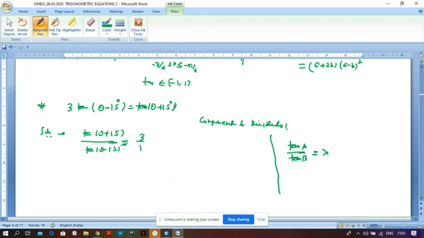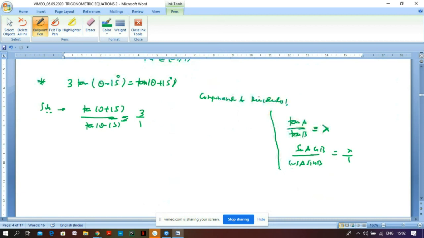So don't make it ugly here because you will have so many terms. So focus on A and B. Here theta plus 15 is A. There may be some bigger thing. So tan A by tan B is lambda. I want to use componendo dividendo. It means first I'll write sin A over cos A, and here sin B over cos B is lambda over 1. If I use that, I'll get sin A cos B plus cos A sin B